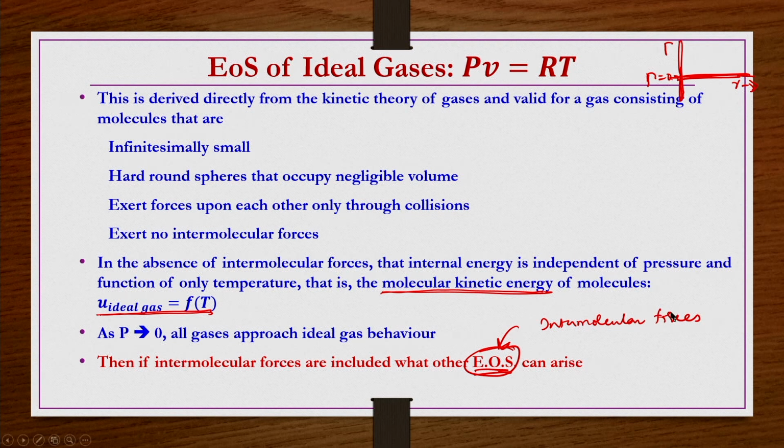Several different types of forces may be acting. In some cases one type of force may be dominant, in other cases another type may be dominant. So, we cannot have one general equation of state for non-ideal systems like we have for ideal systems. Depending on the system, we may have a number of equations of state for non-ideal systems. However, before answering what kinds of other equations of state can arise because of these intermolecular forces, it is essential to understand what these intermolecular forces are first.